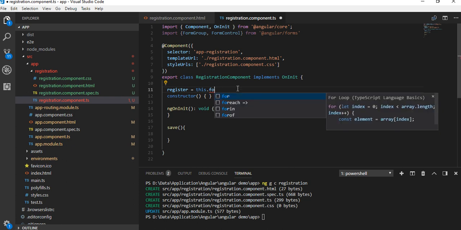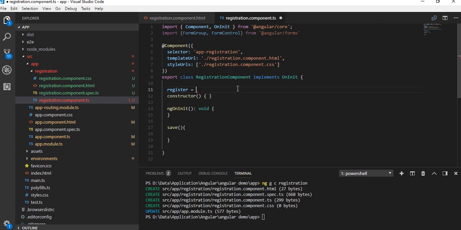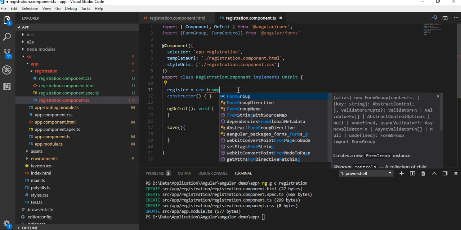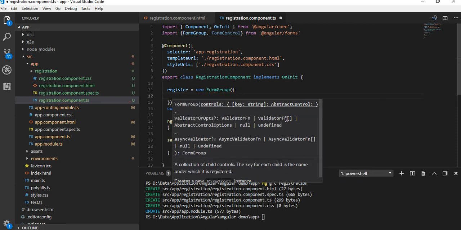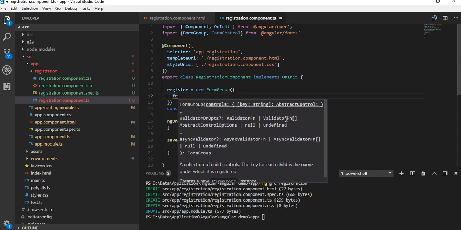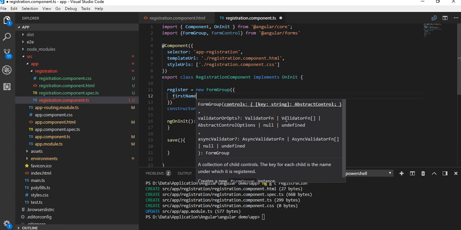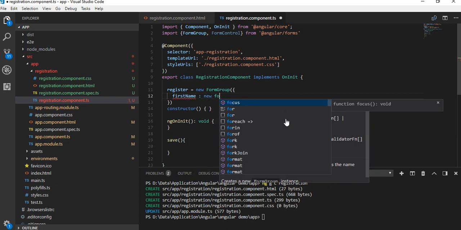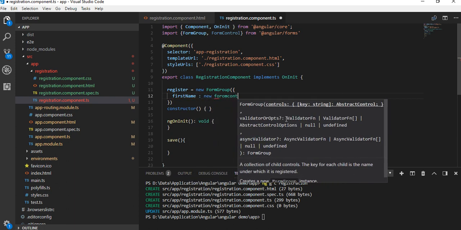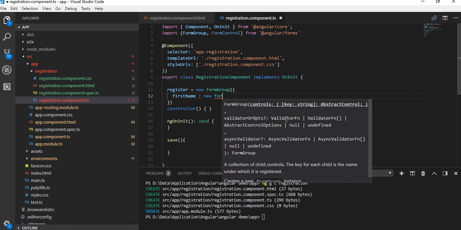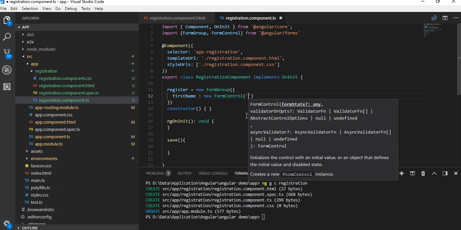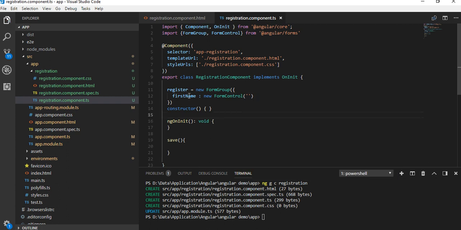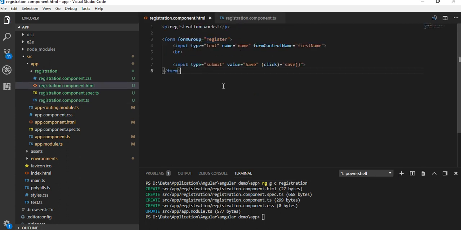This will start with the new keyword because we are creating an instance of FormGroup, and inside this FormGroup we'll create the property firstName, which is an instance of FormControl, and let's pass a blank value. So in this way the reactive form is drawn.